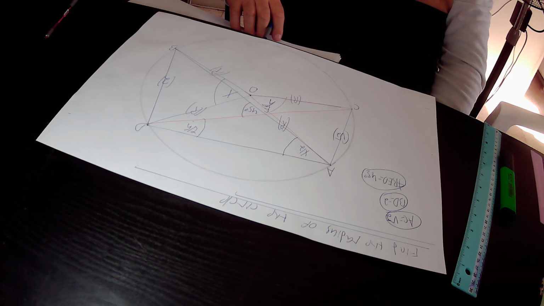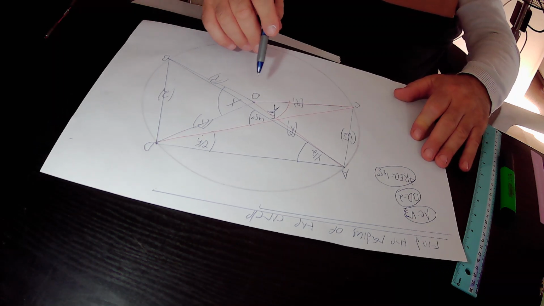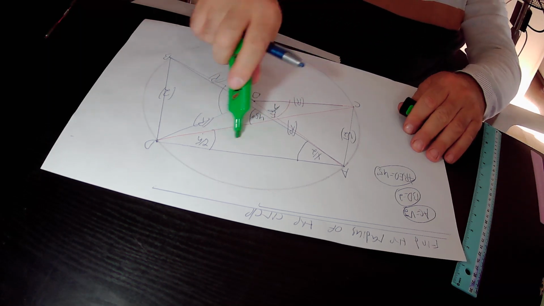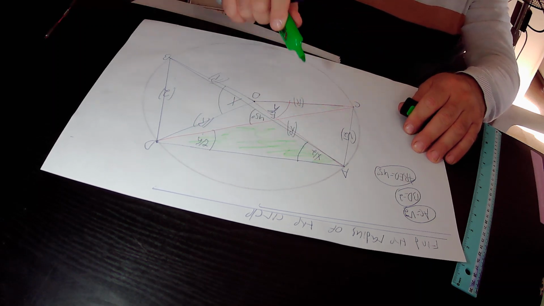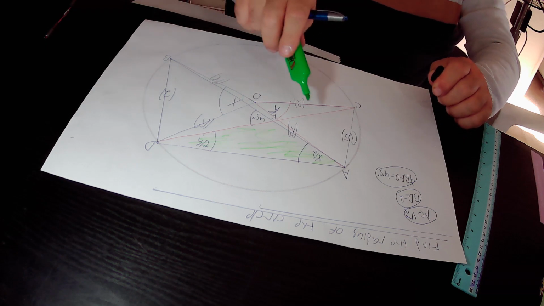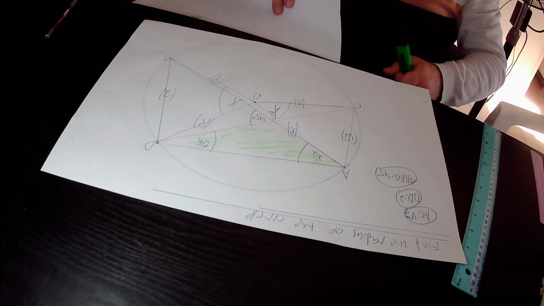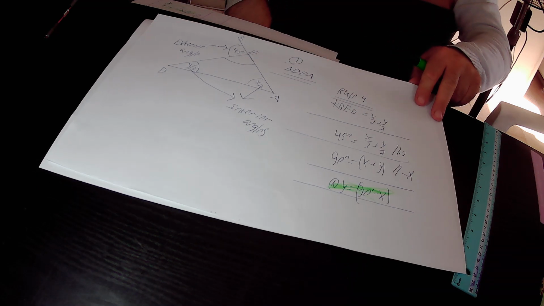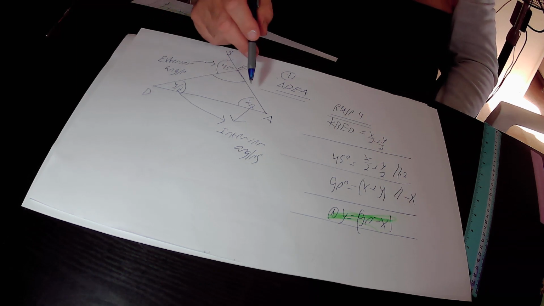In the next step, I copied this triangle DEA in a new page and implemented rule 4 in this triangle DEA. Actually, this is triangle DEA, the copy from the original drawing. This angle equals y over 2, this angle equals x over 2,